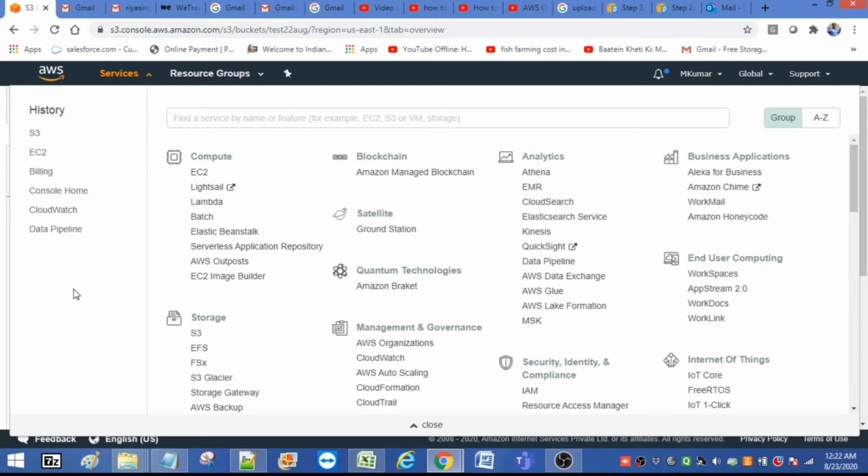Today I am going to show how to upload files to an S3 bucket. When you upload a file to Amazon S3, it is stored as an S3 object. Objects consist of the file data and metadata that describes the object. You can have an unlimited number of objects in a bucket.